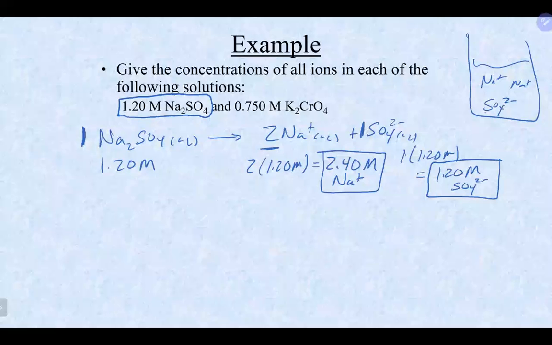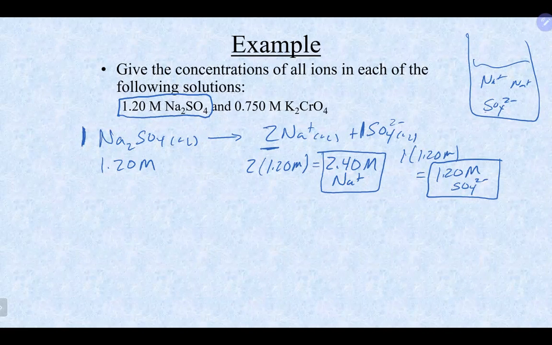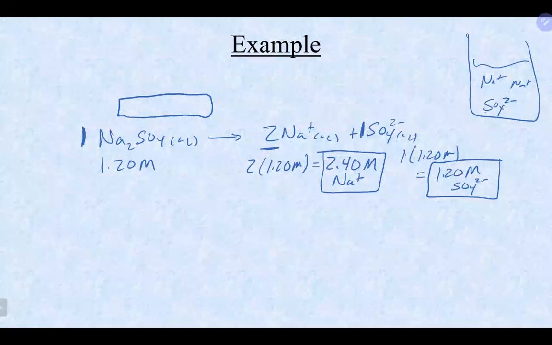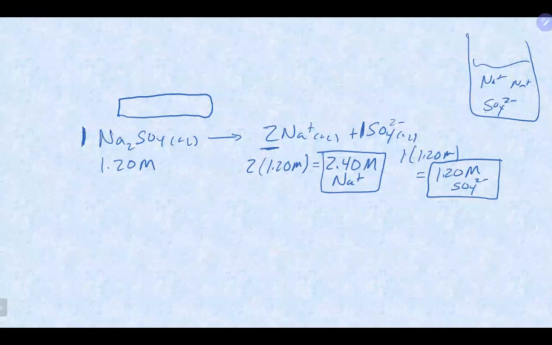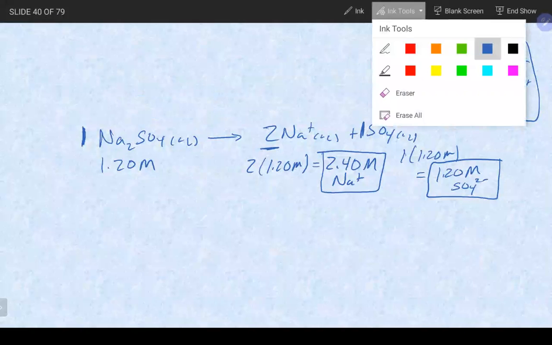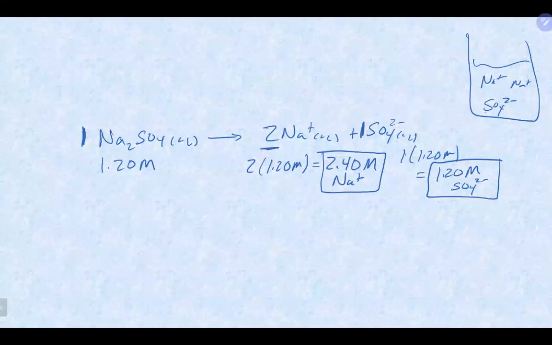Basically, every time you go for a swim there, you're going to get twice as much sodium as you are sulfate. So the concentration of the sodium ions in this case would be twice as much as what you would have for your sulfate. A reminder that if you did the longer version of this calculation, and I'll just do it for the sodium here to show you how we get there one more time, we would take the original concentration of the